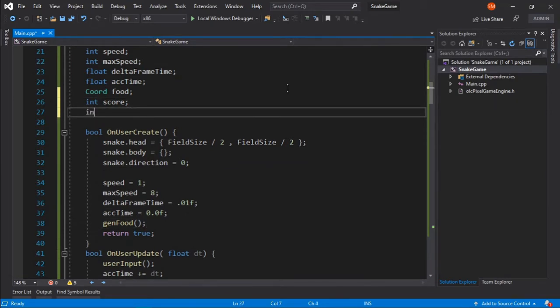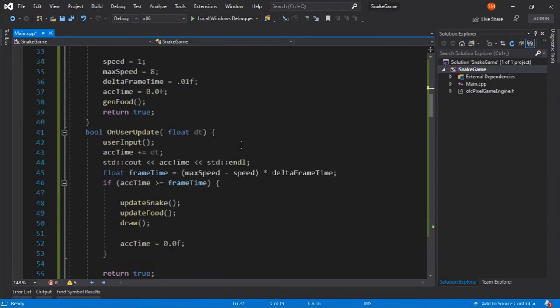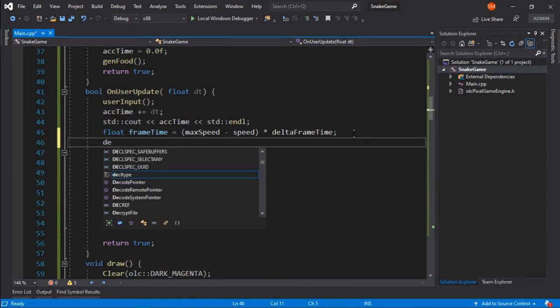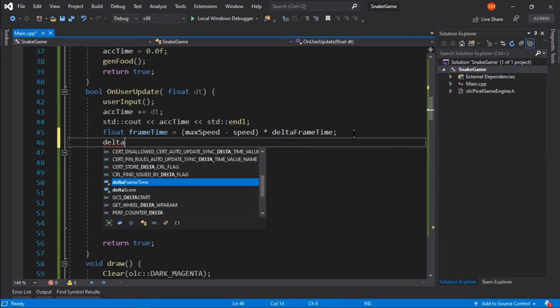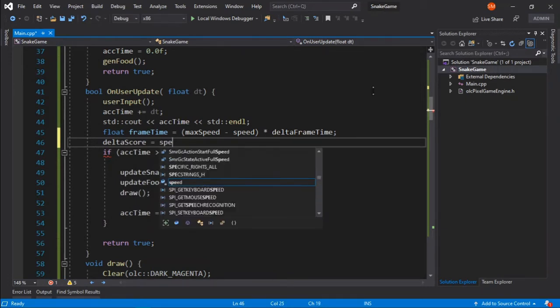So int delta score is for what kind of score should be added to our snake, and here we will set our delta score to be equal to our speed.